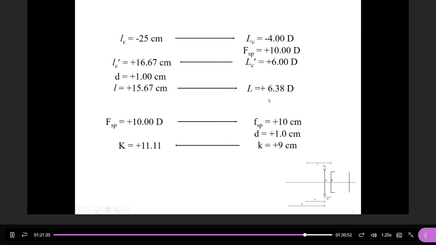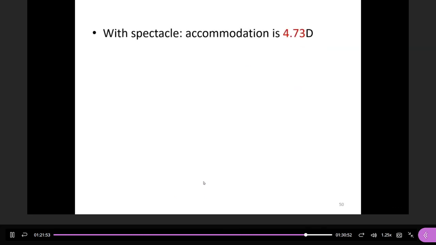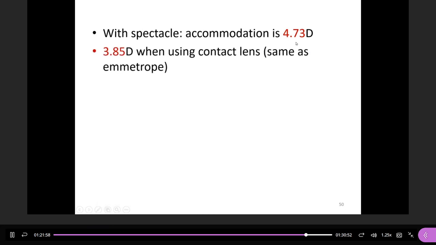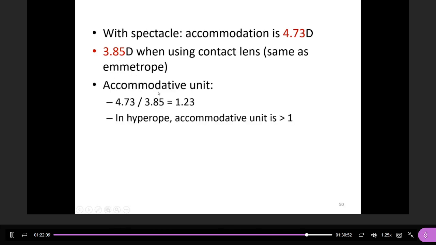Now you've got K and L, and therefore you can see that the amount of accommodation required is about 4.7 diopter. So the same as when you use the formula. So with spectacle, you have to accommodate more. When you use contact lens, same as the other condition, it's about 3.85. So for the accommodation unit,